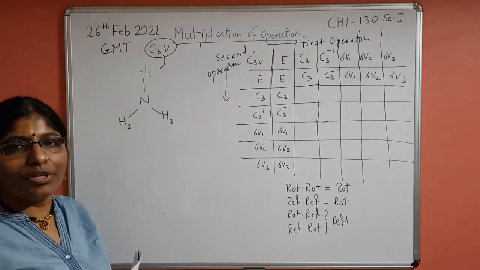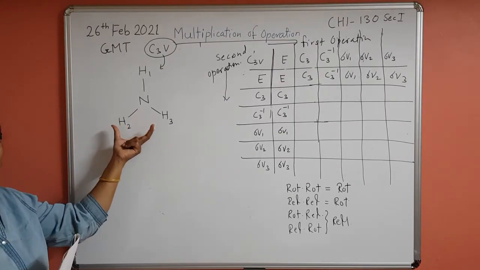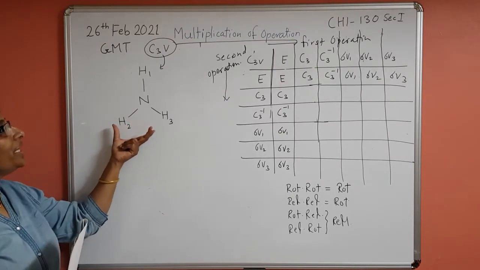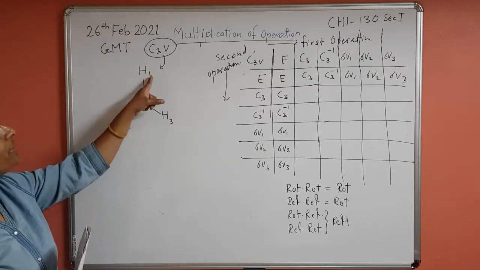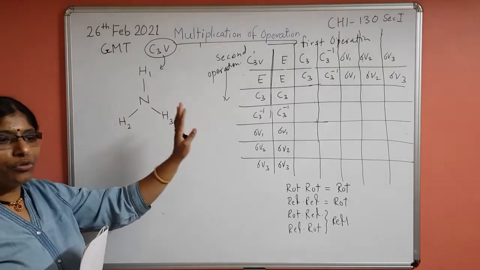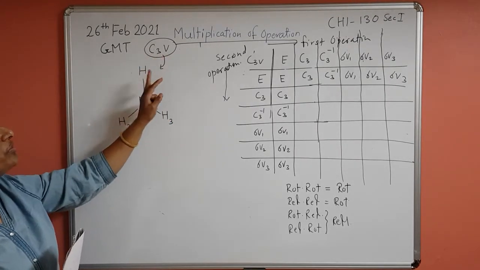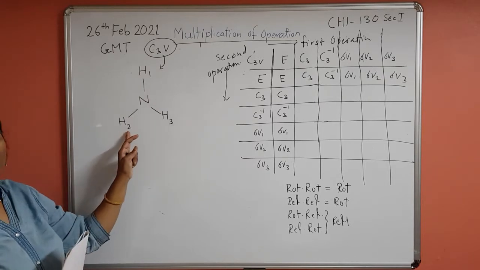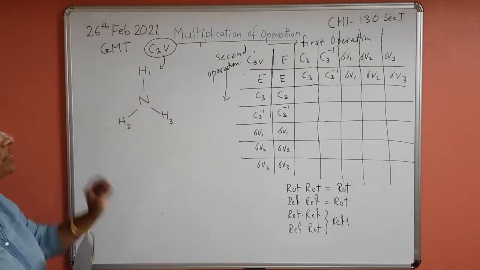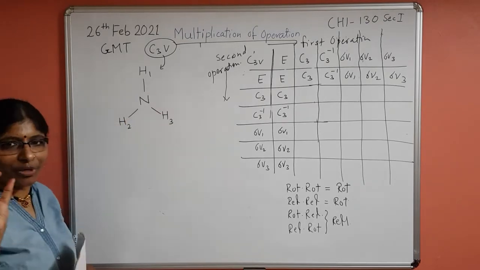Now for the next operations we need to do the binary product. I have written the ammonia example over here. Again I will give you one hint: whatever numbering you choose, do it only once. So whenever you write the ammonia molecule or C3V point group, always this will be 1, this will be 3, this will be 2. You can write anything, but this is just for simplicity and to keep in mind. Now we are going to perform the first standard operations.